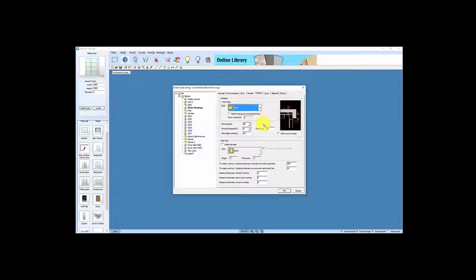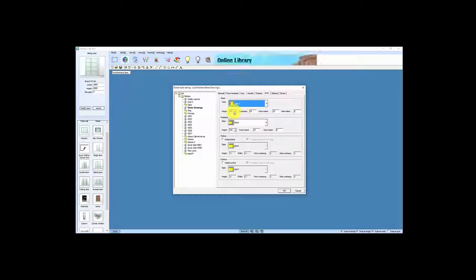The next tab is where you set the thickness of your bench top, as well as the overhangs of your bench top. So I'm going to do a 40mm stone thick top. I'm going to have a 20mm overhang over the face of my doors, and I'm going to have a 16mm overhang over the ends of my end panels. We go to our next tab,